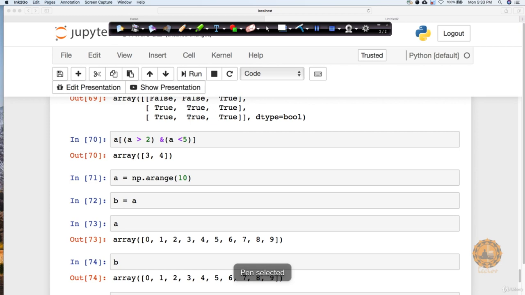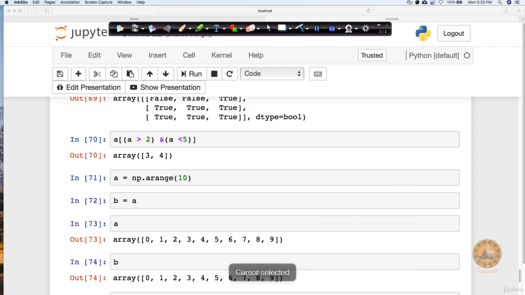You have put the values in a and kept 1, 2, 3, and so on. But when you assign b is equal to a, you have not created any new object, but instead it is just assigning a pointer to b. That's it. So if you make any change in a or b, it will impact the other. That's the reason you are getting this sort of output.